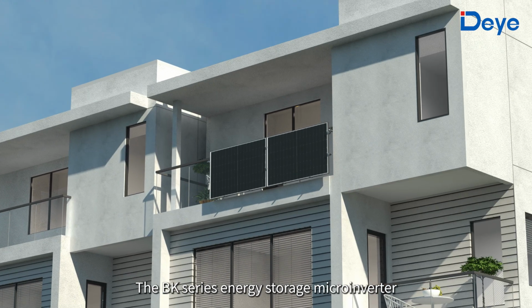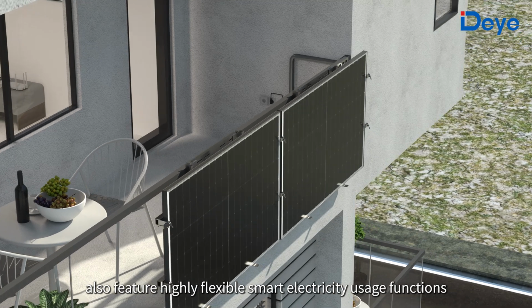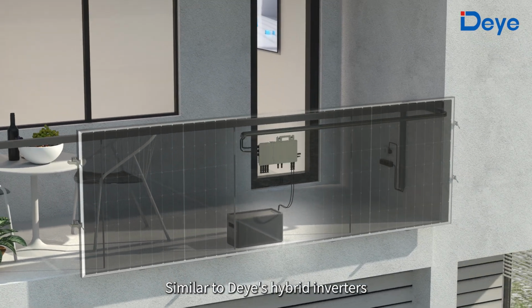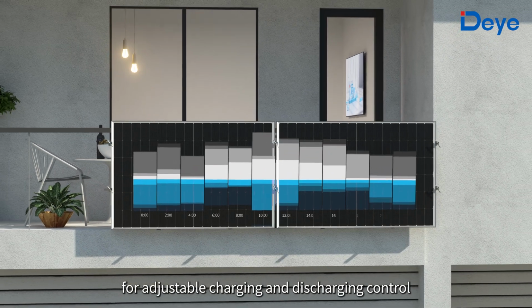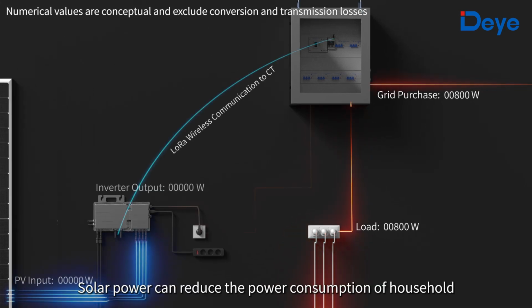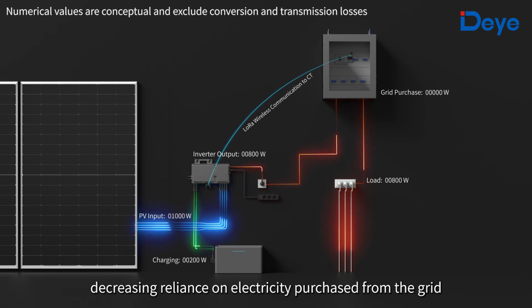The BK series energy storage microinverters also feature highly flexible smart electricity usage functions. Similar to Deye's hybrid inverters, 24 hours can be divided into up to 6 time periods for adjustable charging and discharging control. During the day, solar power can reduce the power consumption of households, decreasing reliance on electricity purchased from